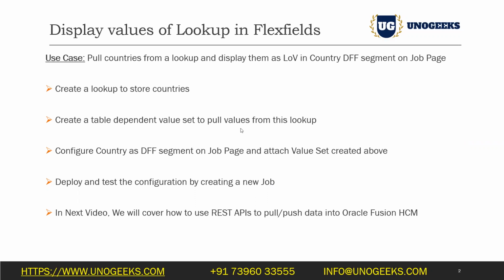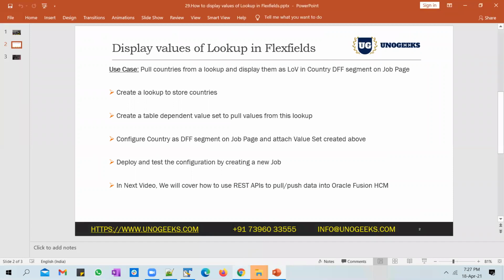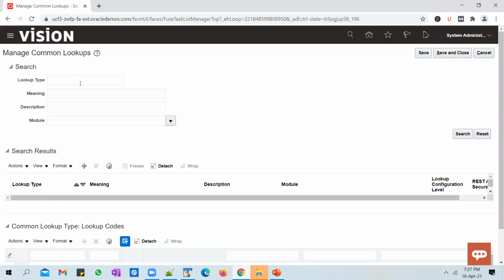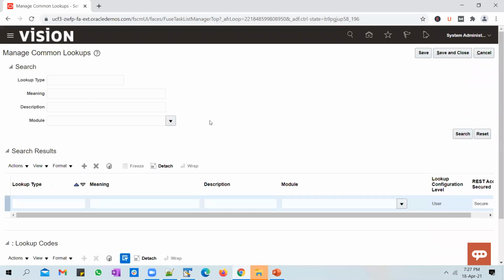Okay, so let's do this in the application. First, let's create a lookup. You go to Manage Common Lookups, and you can define a new lookup in there. You can say Geeks Countries, maybe.